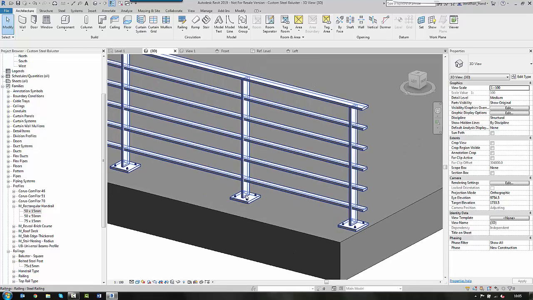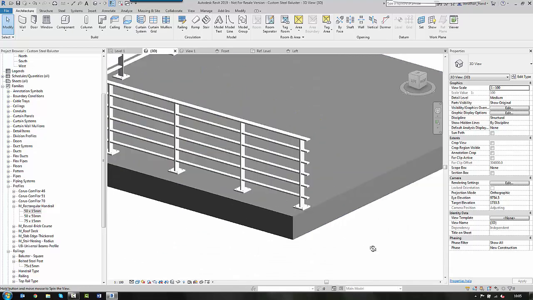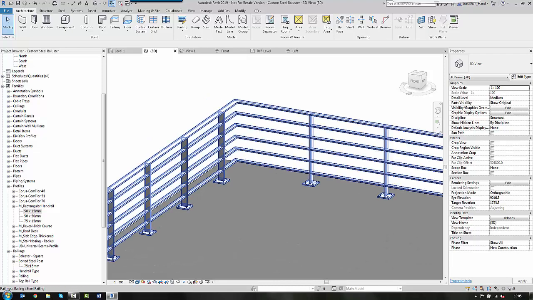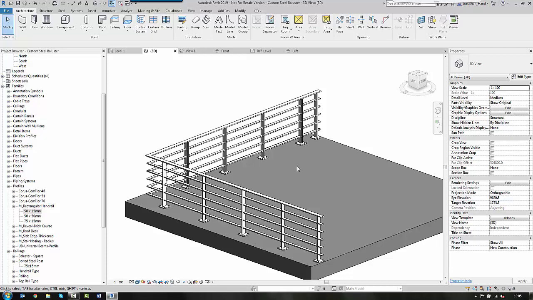The baluster makes all the difference when it is bolted, and then it's just a matter of following through the options, exploring what you can do. So within a couple of minutes, adding the custom baluster with the bolting and plate details just starts to bring a lot more definition